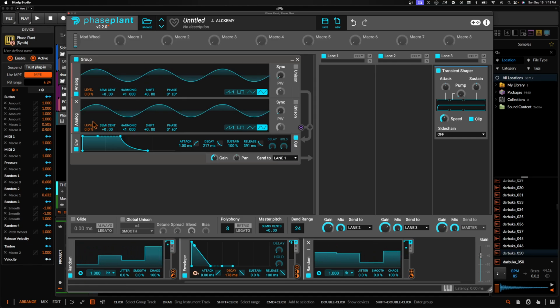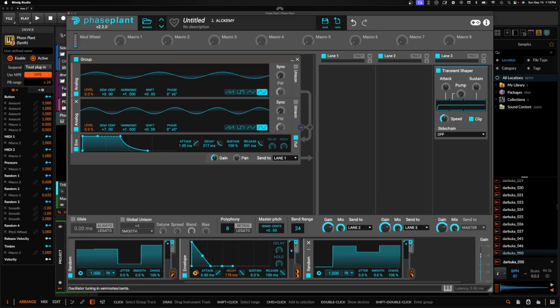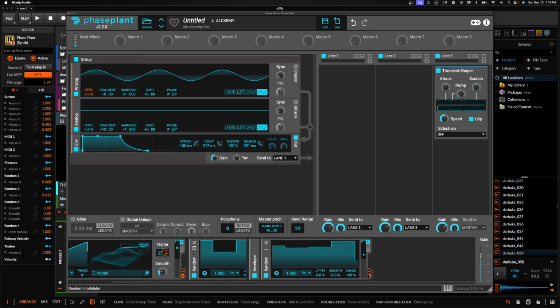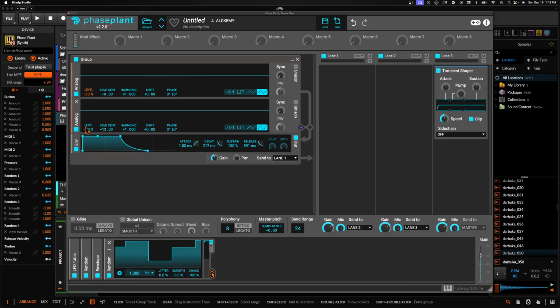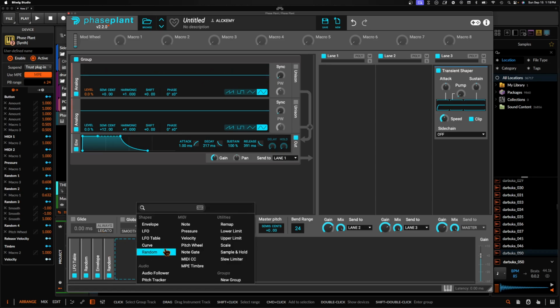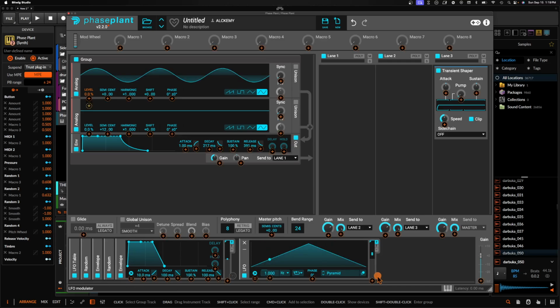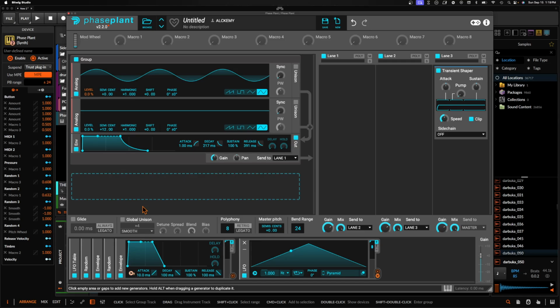Maybe something else that we can do to make it a little bit more interesting is we are going to grab something else. So I am going to keep this relatively consistent. And I am going to use another envelope here, and we're going to attach an LFO to this. And I will set this to the trigger. So now if we listen to this,